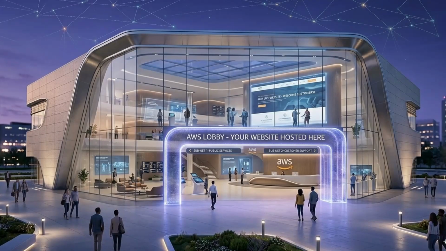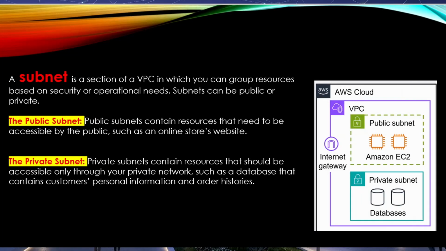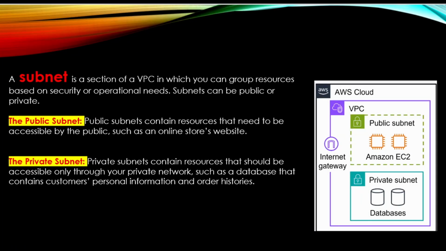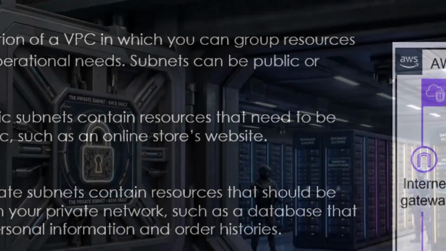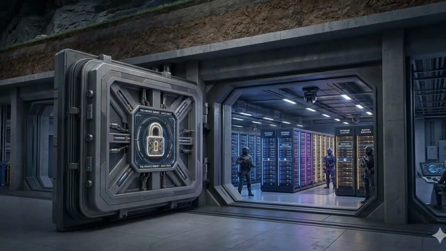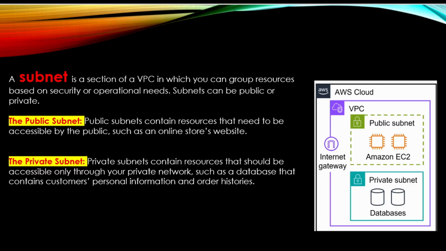The public subnet is like the lobby of your building. It's where your website lives so customers can see it. Public subnets contain resources that need to be accessible by the public, such as an online store website. The private subnet is the vault. Your databases and sensitive info live here, completely hidden from the street. Private subnets contain resources that should be accessible only through your private network, such as a database that contains customers' personal